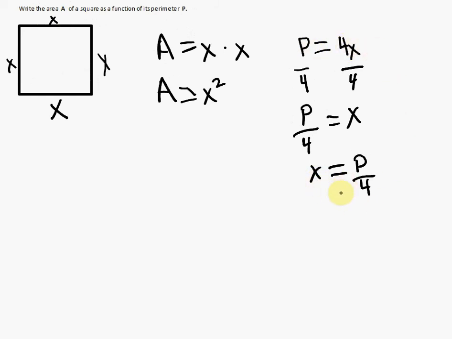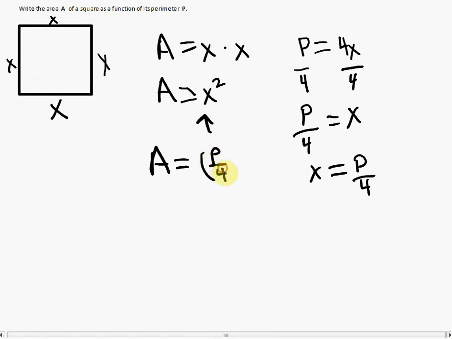Now, why do we do that? The reason we solve for x in the perimeter equation is because we want to be able to substitute this up here in the area equation. So now that we know what x is in terms of perimeter, x equals perimeter divided by 4, we can substitute that into this x here. So we say area equals